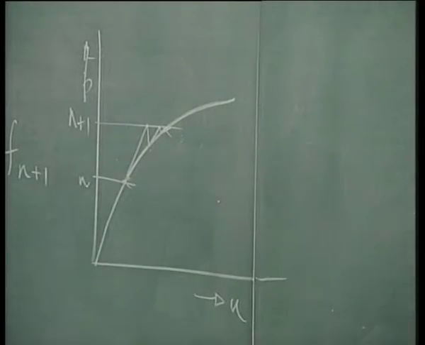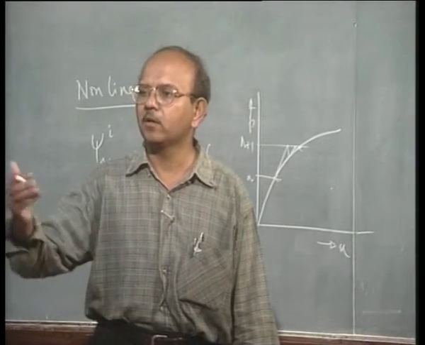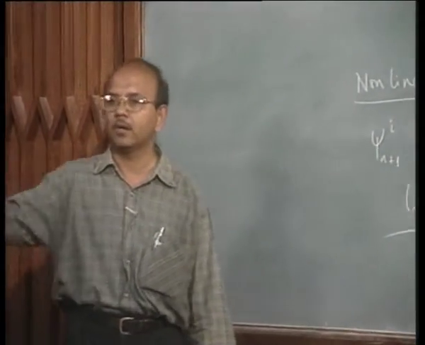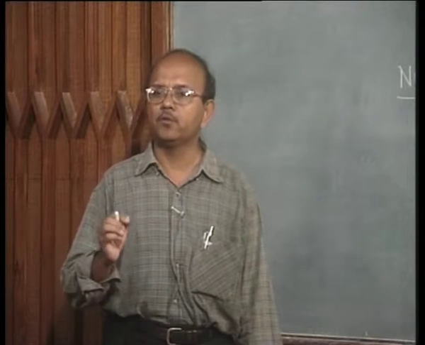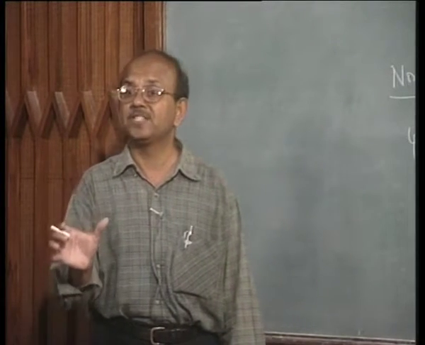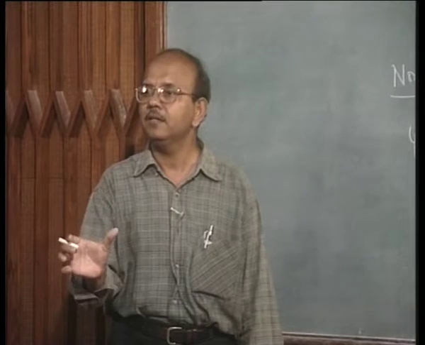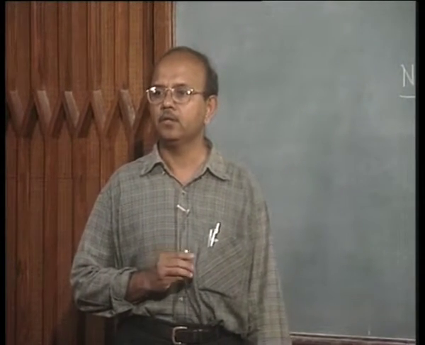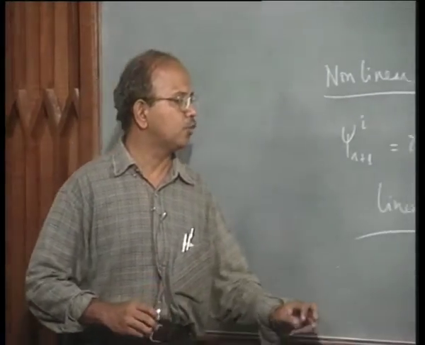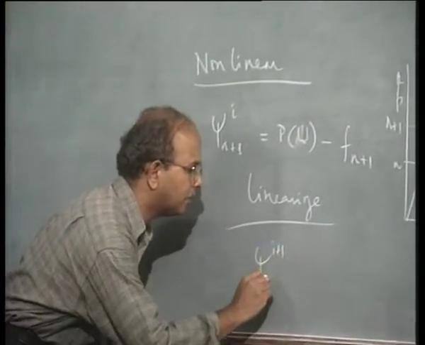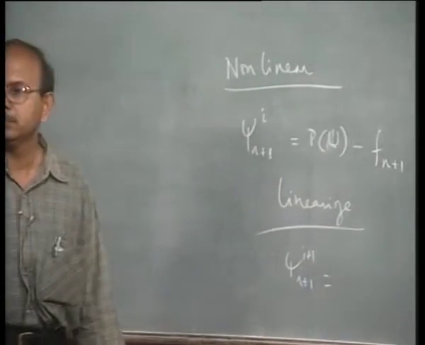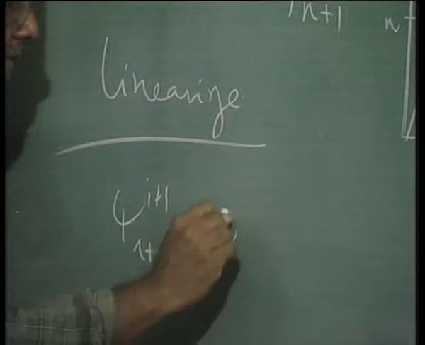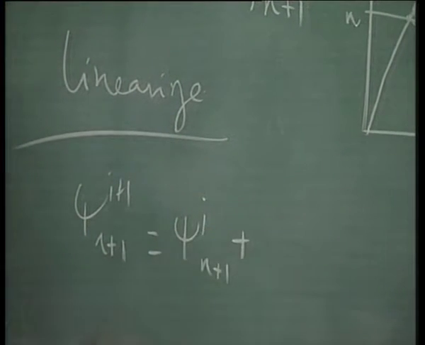right? Taylor series approximation, you can keep on writing higher order terms, d squared y by dx squared, 1 by 2 d squared y by dx squared, and so on. Okay, so what I'm going to do is I'm going to linearize, which means that I'm going to stop with the first term. Okay, so what does it mean? It means that if I have to go to say psi I plus 1 n plus 1, this is equal to psi I at n plus 1 plus